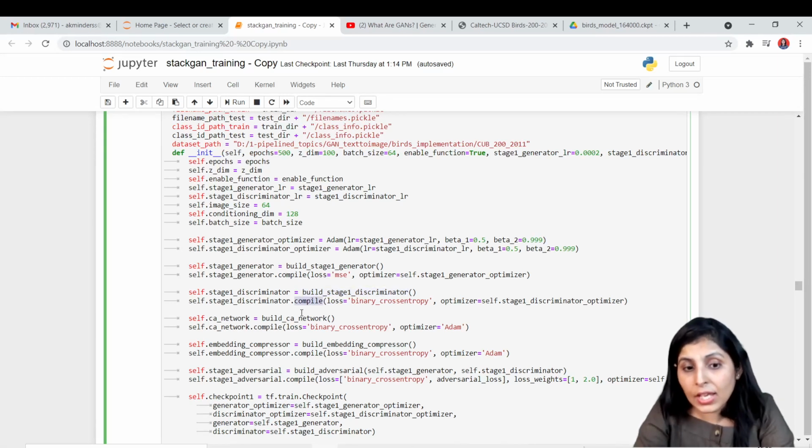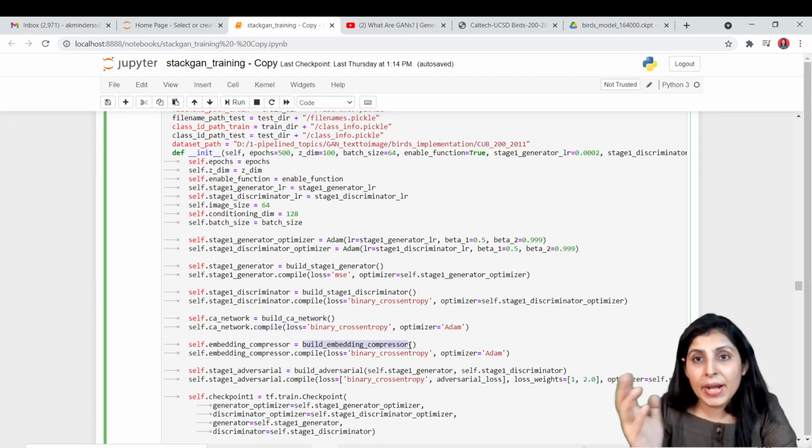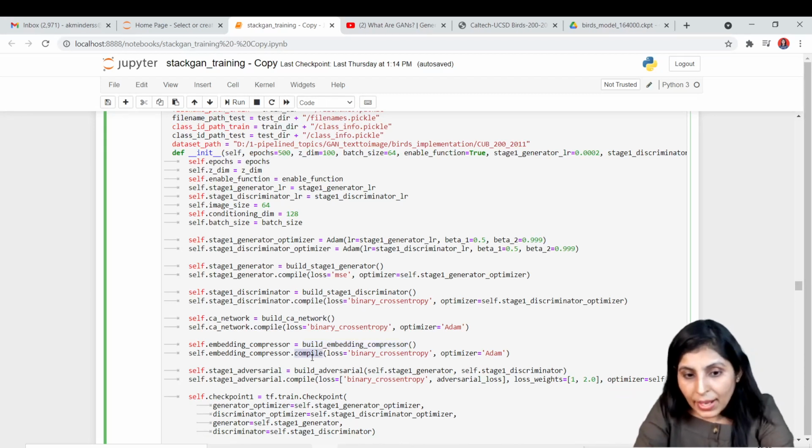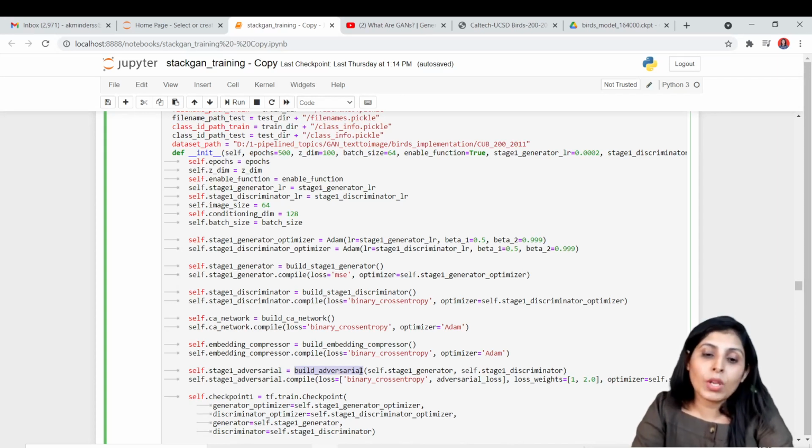We are compiling it, and then we are calling build CA network which is responsible for conditioning augmentation. We are compiling it, and then we are calling the embedding compressor, which will compress the embeddings, and we are compiling it. Then over here we are calling the build adversarial network, which is responsible for building our network. So we are stacking the generator and discriminator in this, and we are finally compiling it.